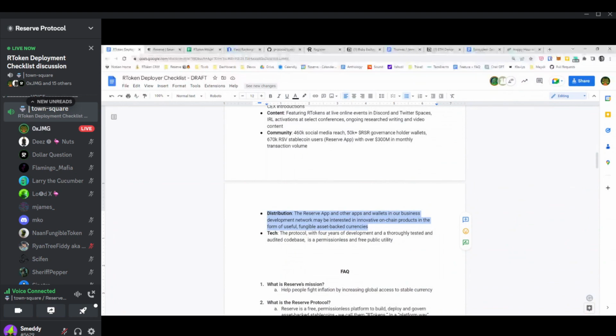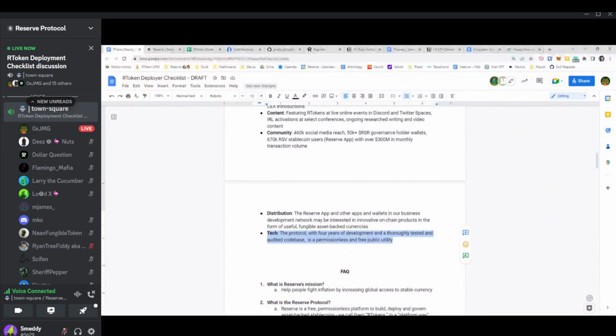On the tech side, the tech is free. It's permissionless. Anybody can use it. If you don't already know, you might be wondering, well, how does Reserve make any money? How do we sustain? How do we keep building and supporting technology? How do we keep building and supporting the community? Well, we are in exactly the same boat as you, as an RSR staker. We do not charge any fees. There's no subscription model. We are an RSR holder like the community, and we're going to stake on our tokens,